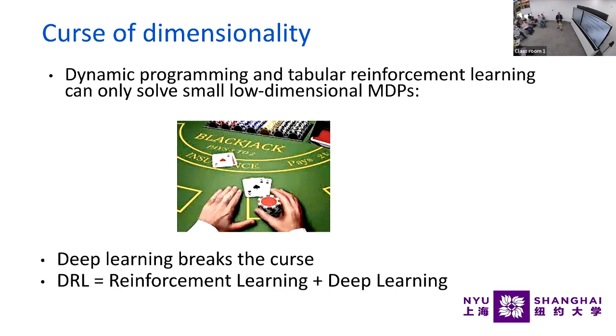So what happened then is the development of deep learning. And then people combined deep learning with reinforcement learning to get deep reinforcement learning. And all of a sudden, boom, we can solve all these really fast, interesting, large-scale problems. And I'm going to review some of those results now. But before we do that,